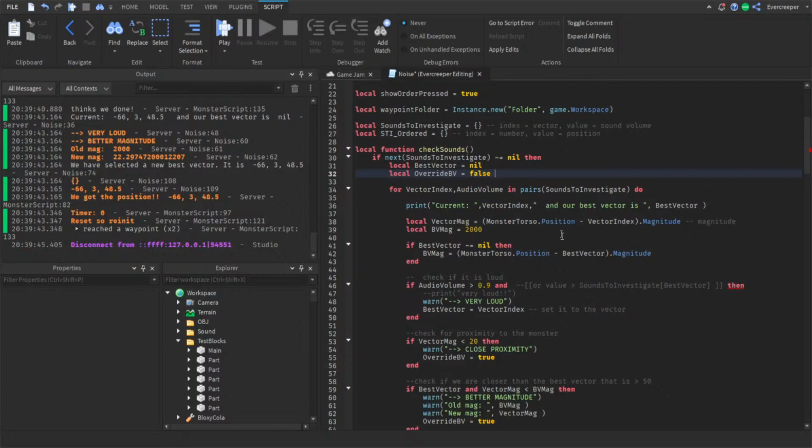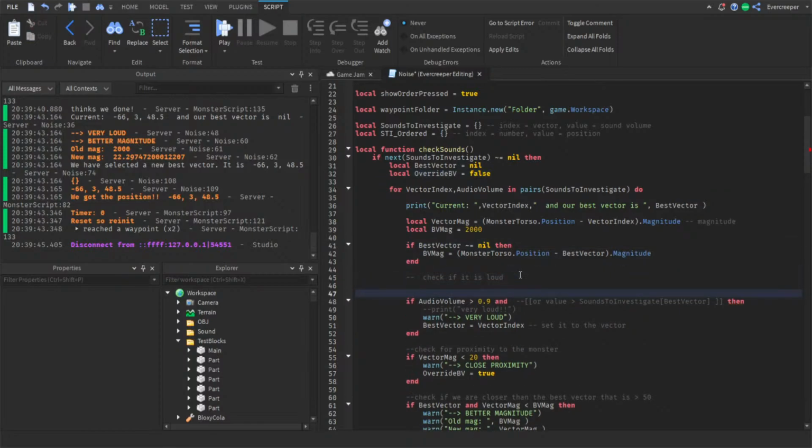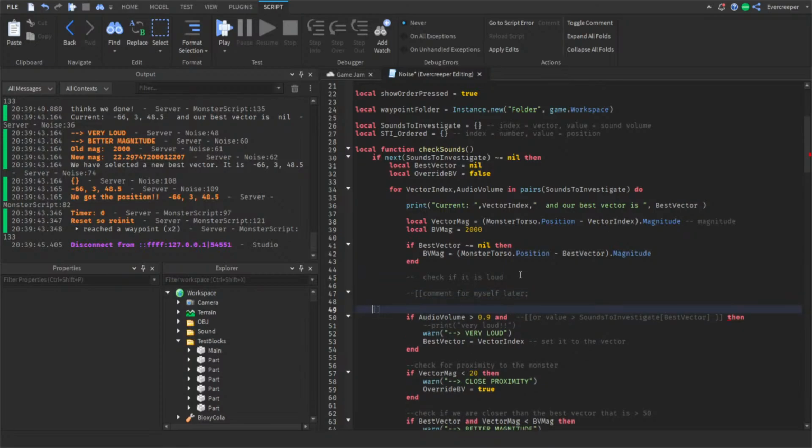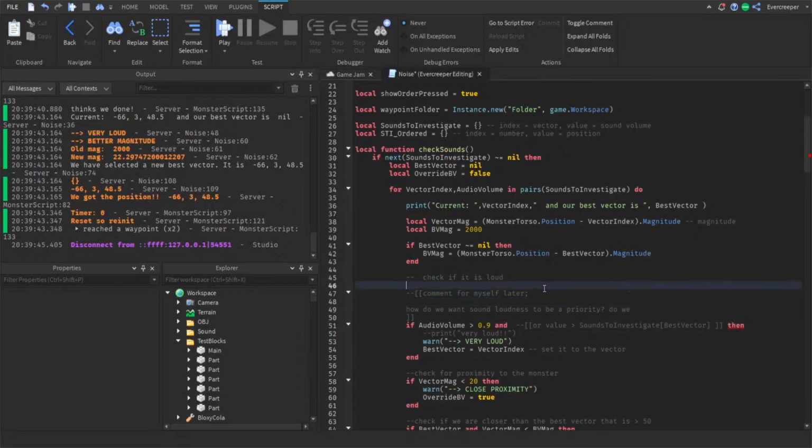This is another problem right here. We want sound loudness to be a priority. Alright, so basically what I'm saying here is